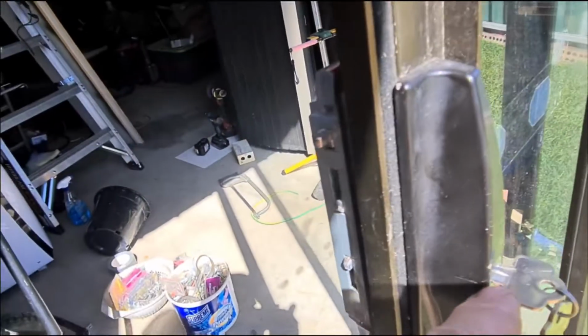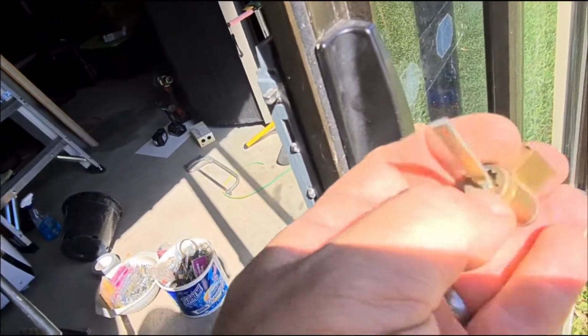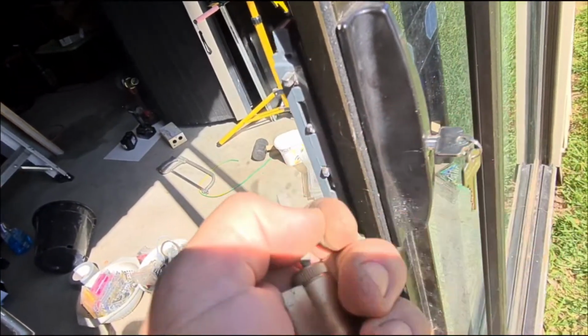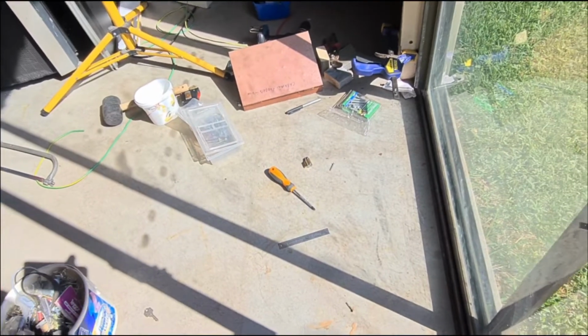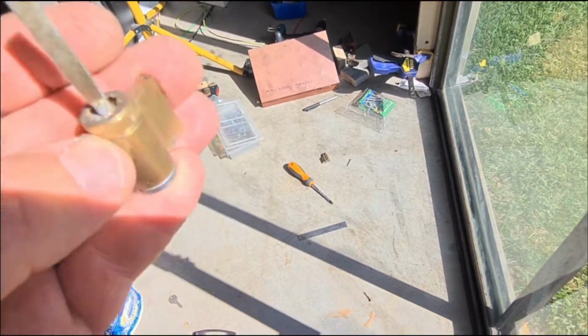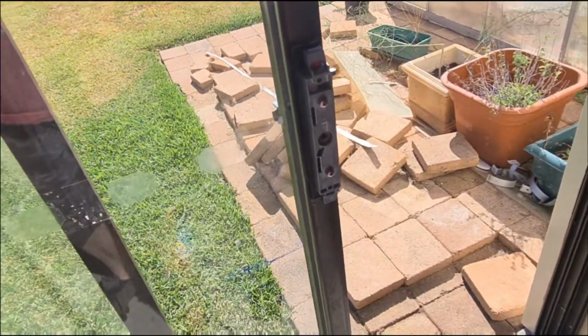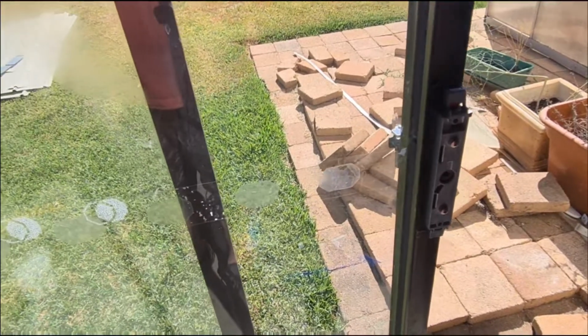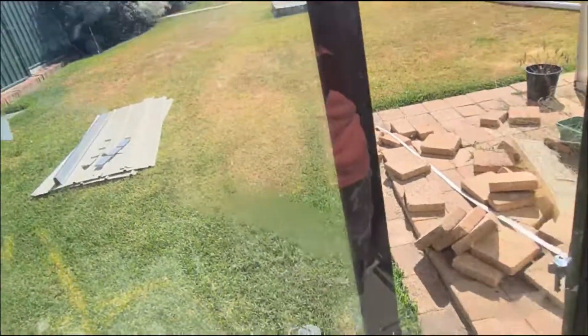You'll probably have to go out and get a new lock like I did. And I'm going to try and pull apart the second lock, because I've got a funny feeling I'll be able to use that on this side, but technically I don't need it, because I'll just lock it from the inside if I need to, and pretty much I won't need to, I don't think. I've got a bit of cleaning to do on the window